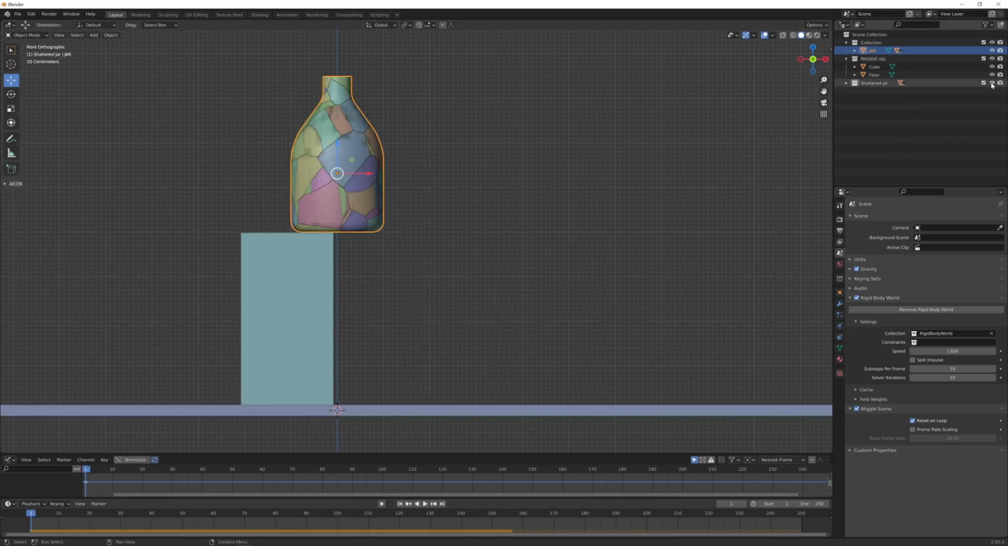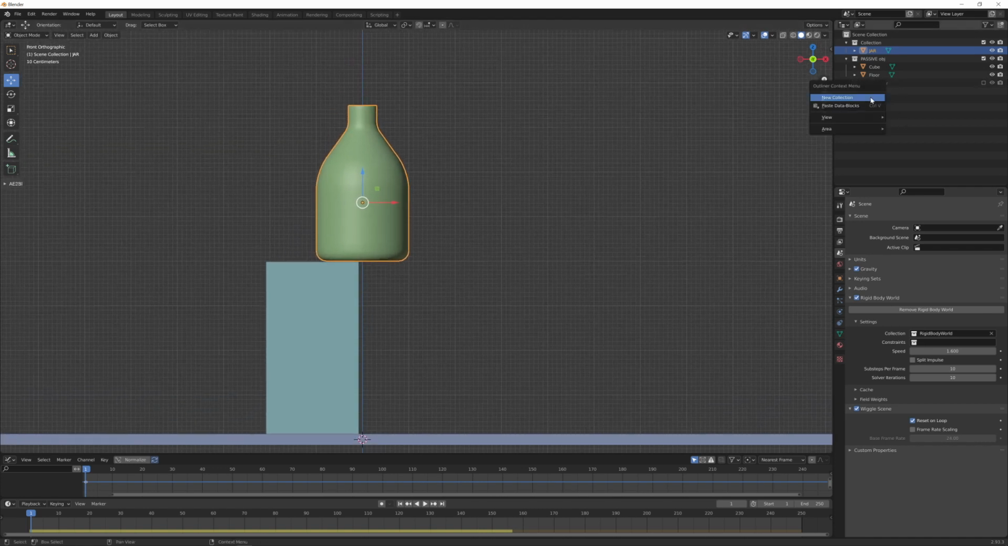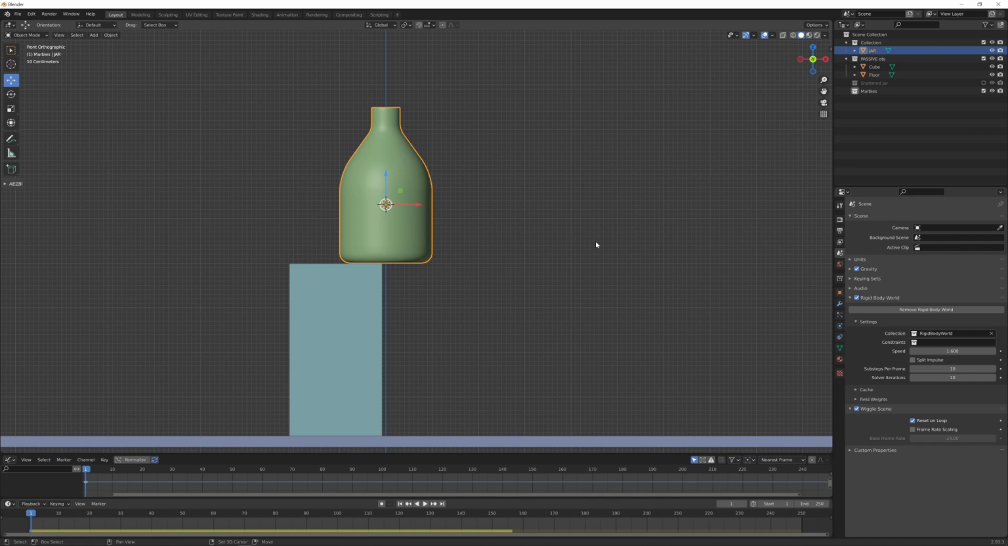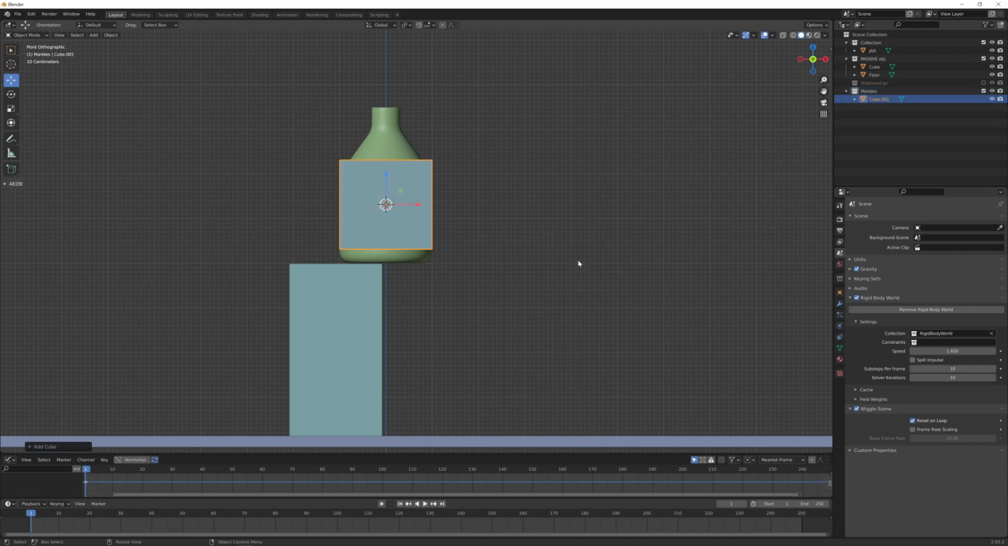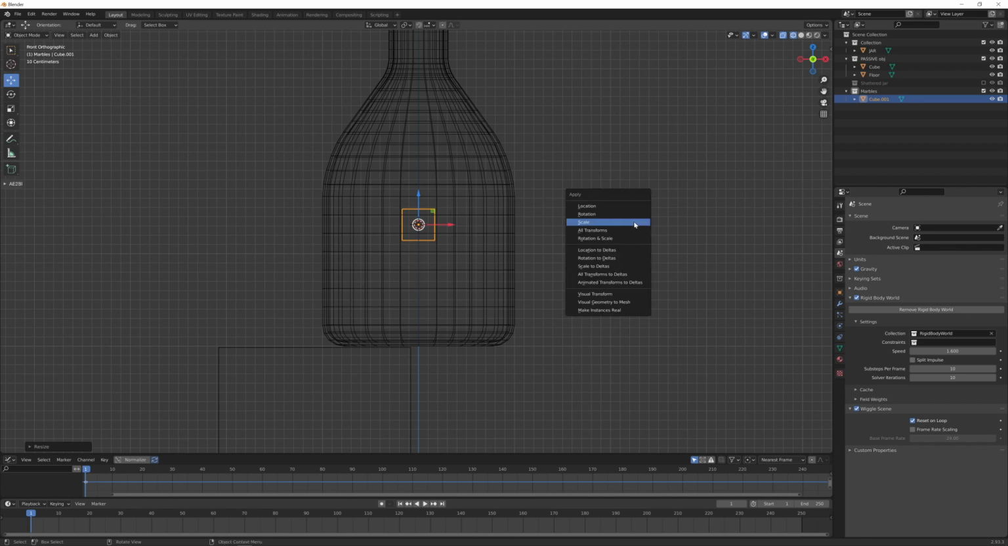Let's hide for now this shattered jar collection, and we want to create a new one that we can call marbles. And we can press Shift S, move the cursor to the center of our entire jar, and selecting this new collection, with Shift A we can add a simple cube. We also want to switch to wireframe to better see what's going on, and let's scale it down. Ctrl A to apply the scale,